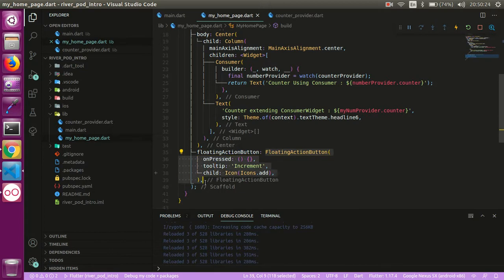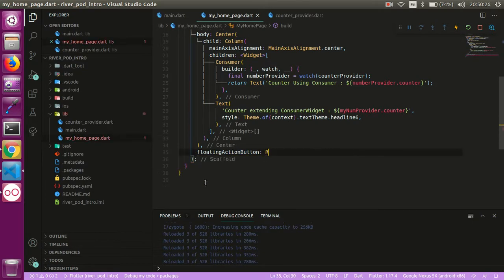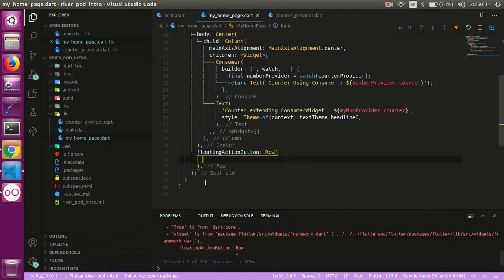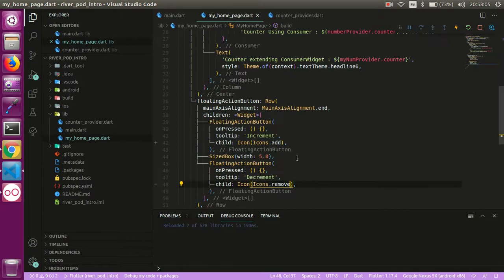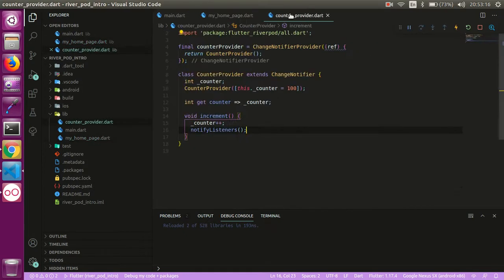Let's use another floating action button. So row, I'm using row. So I have added another floating action button here, one for increment and another one for decrement, and we're gonna use two ways to write inside the provider. So we already have this increment function. Let's now create the decrement function as well. Decrement,